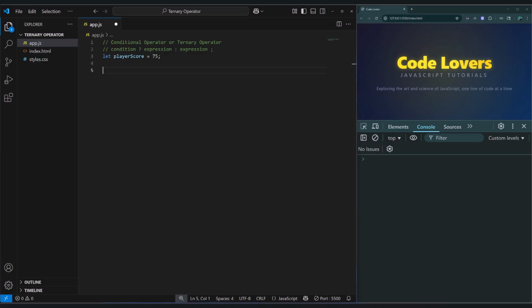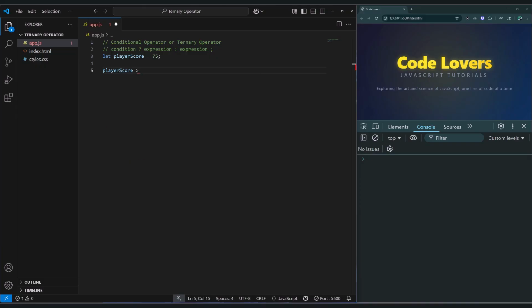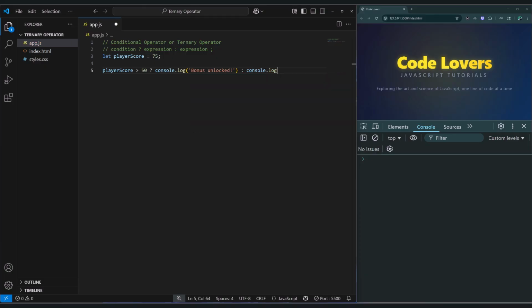So, I write playerScore > 50 ? console.log('Bonus unlocked!') : console.log('Keep trying!');